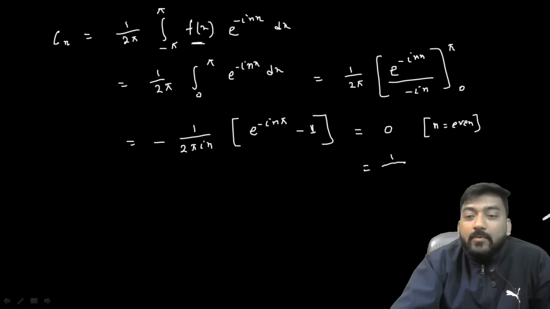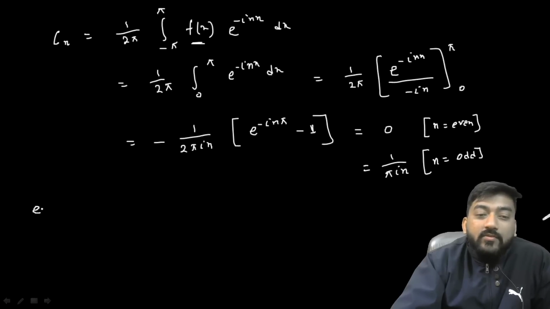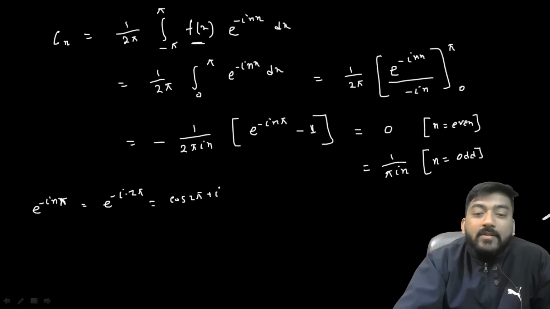So it will be 1 upon pi in. Okay, let me explain you. So what is e to the power minus i n pi? Let me verify this. If you put n is equal to 2, what you will get? You will get e to the power minus i into 2 pi. Then it will be what? cos 2 pi plus i sin 2 pi. So you can see,